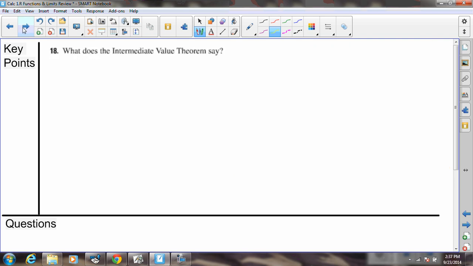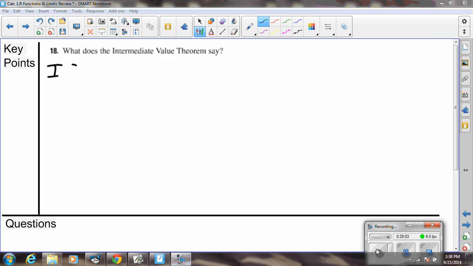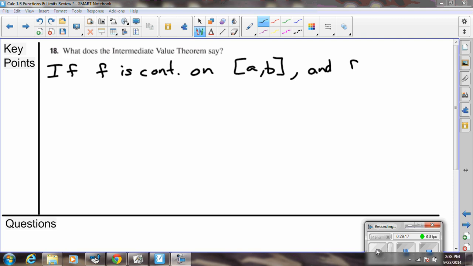Number 18. What does the intermediate value theorem say? This is, once again, a piece that has both the algebraic interpretation and the graphical interpretation. The intermediate value theorem says if we have f that is continuous on the closed interval a to b, and we have f of a not equal to f of b,